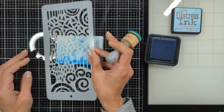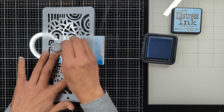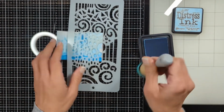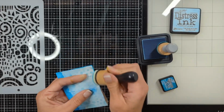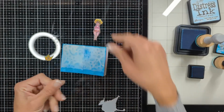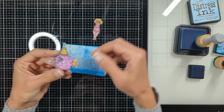And let's begin to decorate our background with some texture. So I'm using the stencil from Art by Marlene. These are beautiful stencils that come in three in a pack, and they are three different sets. And here is my background created,